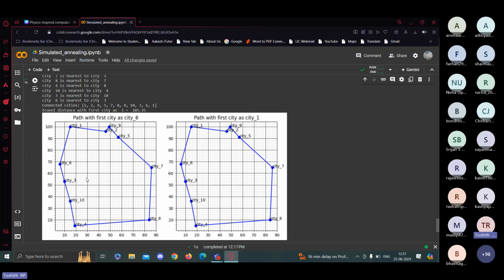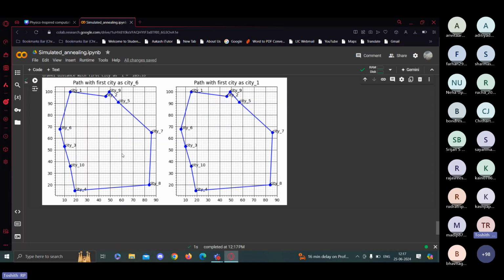And in certain other cases, if you start with city 6 and you start with city 1, you may actually have different travel distances. The travel path that you have is very highly dependent on your initial location. So that is one thing over here.